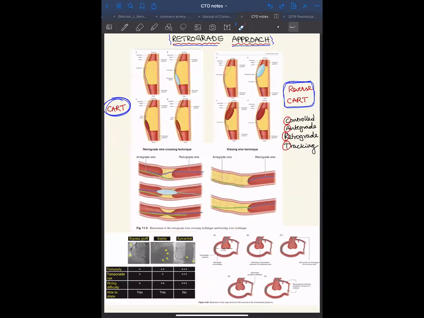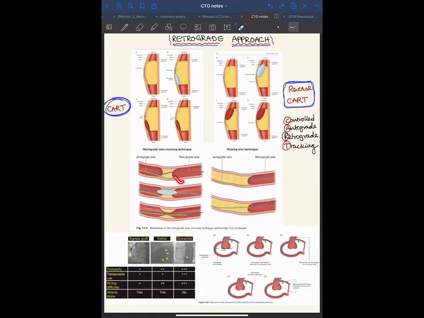So these are advanced techniques, CART and reverse CART, and these are subintimal techniques, as we can understand. So these should only be tried if these two fail. The routine way of enabling these two to meet is what is called the retrograde wire crossing technique, which is nothing but ballooning, where the balloon can be through the proximal or distal. It doesn't go subintimally, and then after ballooning you take out the wire. You go antegradely, or if the antegrade wire has gone subintimally, then you can go through it, and this is called the kissing wire technique, where you will be able to snare out the wire once we make these two wires reach. So these are just the names which we need to be familiar with.